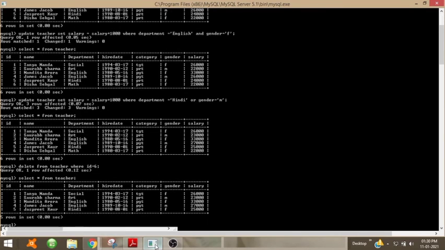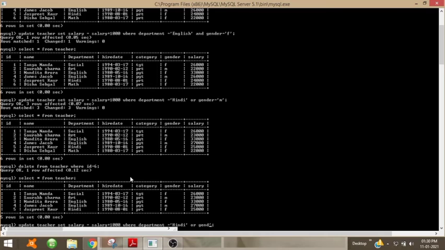So let us see the output. The row with ID 6, that is Disha Sehgal, is deleted from the table. So any condition can be given in the where clause. Now suppose I want to delete all the rows.